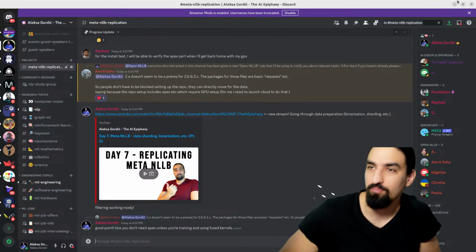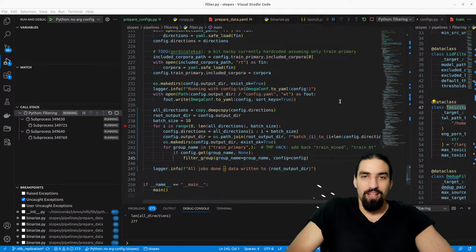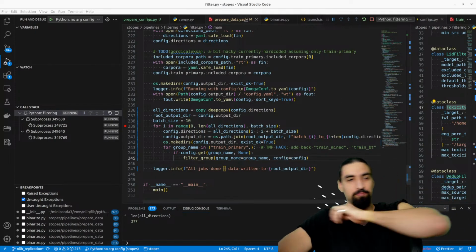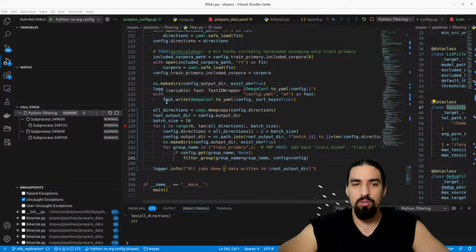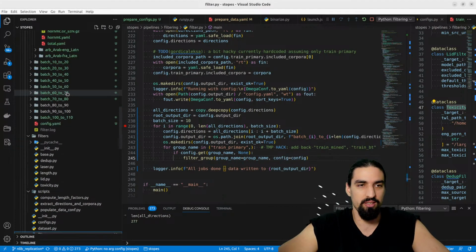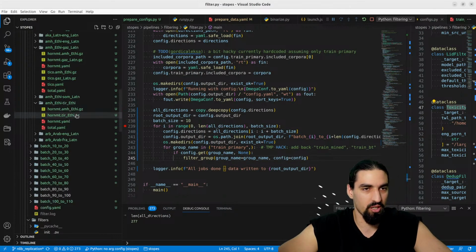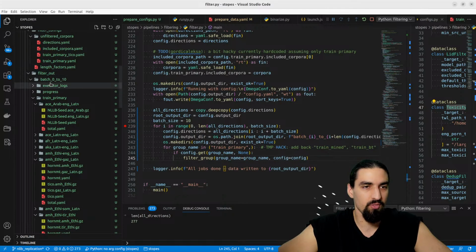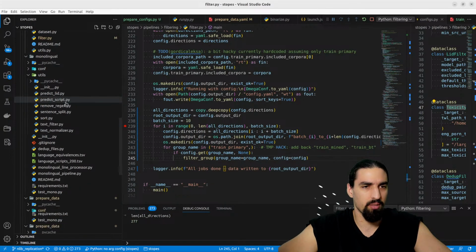Okay, guys, let's continue. Super excited to continue this work. In the background, we have filtering running. The filtering stage, there are no errors, so it seems that the hypothesis was correct. Too many processes was crashing some of the jobs. So let's now go back to our function, data preparation,